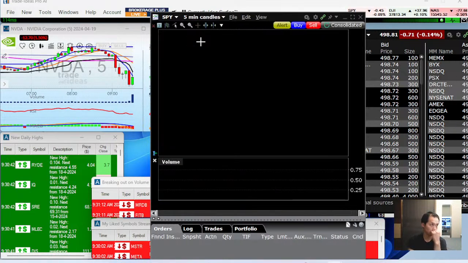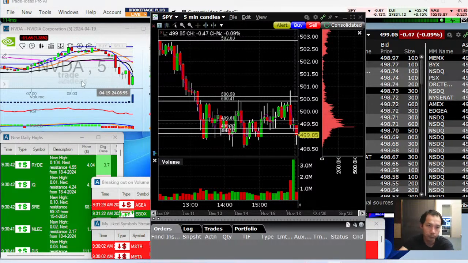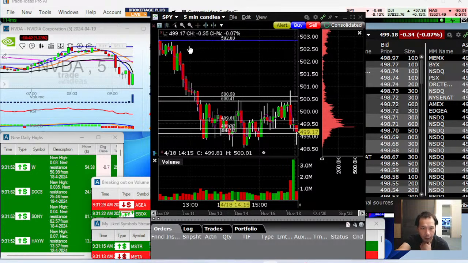Pretty much no economic data for today, just really letting the market run its course. Obviously, yesterday we broke the 500 level mark, and noticed that there was quite a bit of resistance at 503 for the better part of the morning, and then dropped back down to about 500